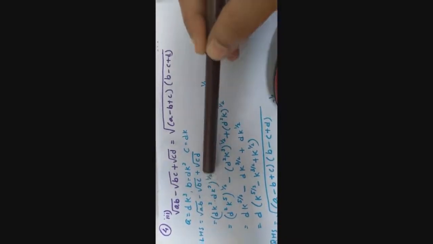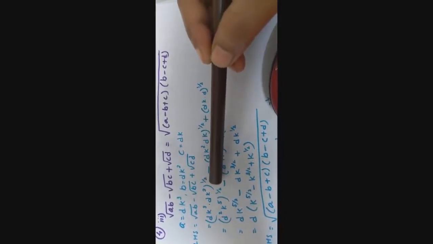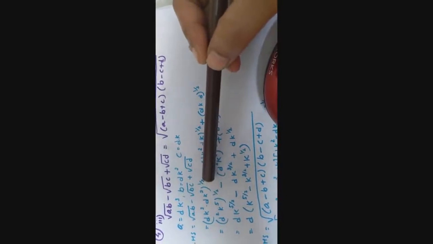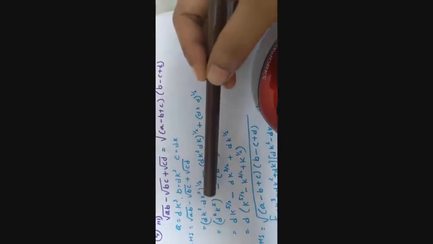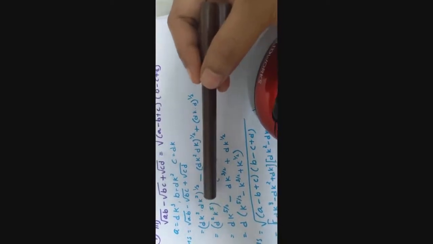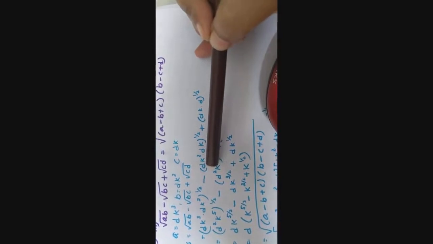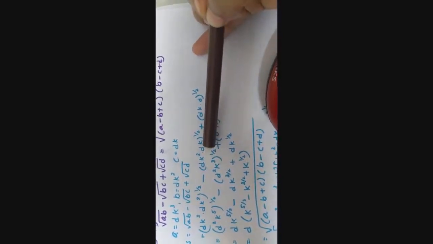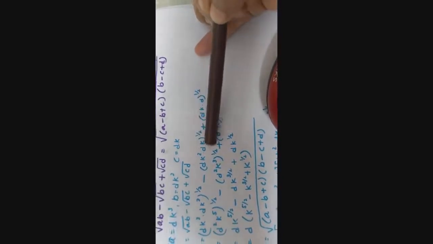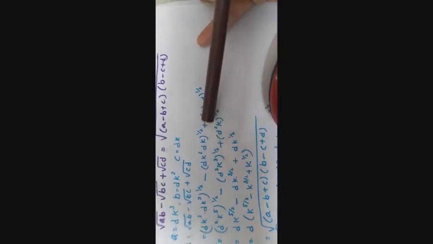So let us start with our left hand side. As I told you, whenever there is under root sign, you can remove it and put 1 by 2 as power. So here I put value of A dk cube, B dk square. Here also value of B dk square, C dk. You see I have kept 1 by 2 as power wherever there is square root sign. Now value of C dk and D, same 1 by 2.